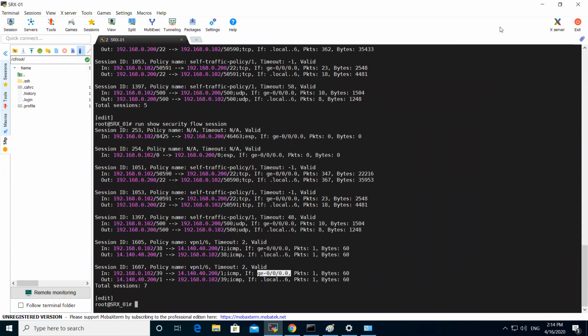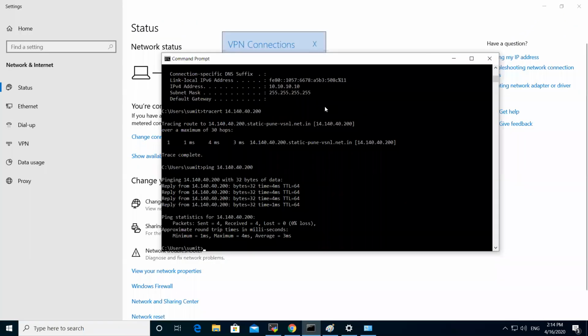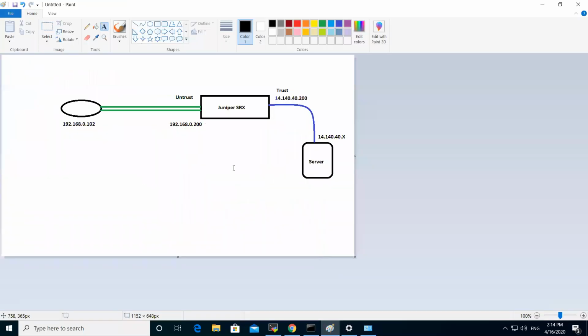Today we will see the alternative for VPN client if you're using Juniper firewalls like Juniper SRX or Netscreen Firewall. So let's start this session. Okay, so this is my topology, very simple. This is the client which is supposed to get connected to the SRX device so that it can access the resources which is behind